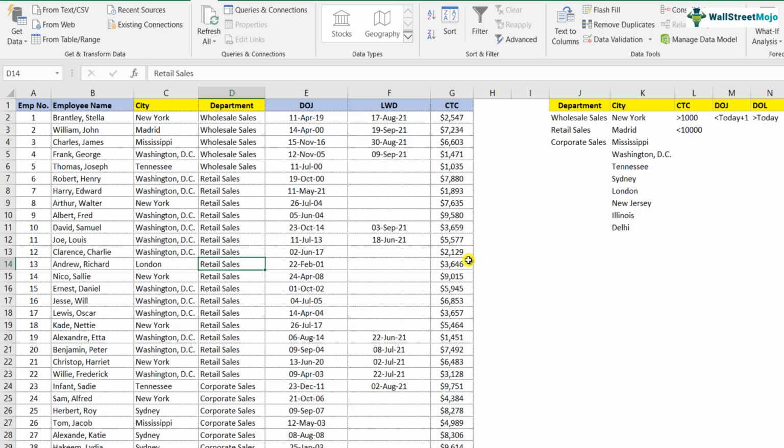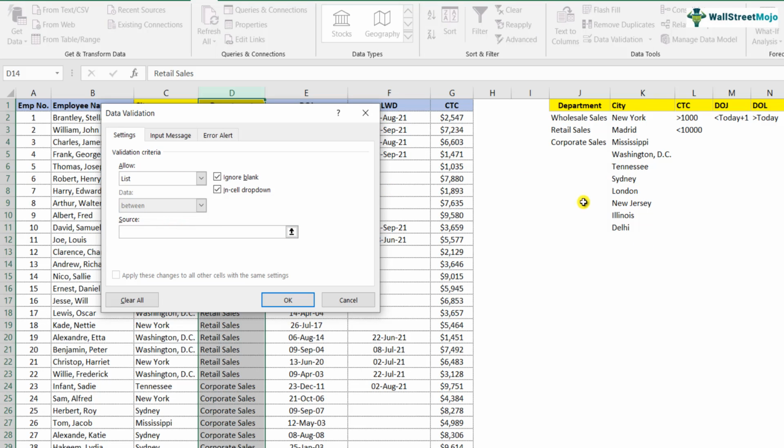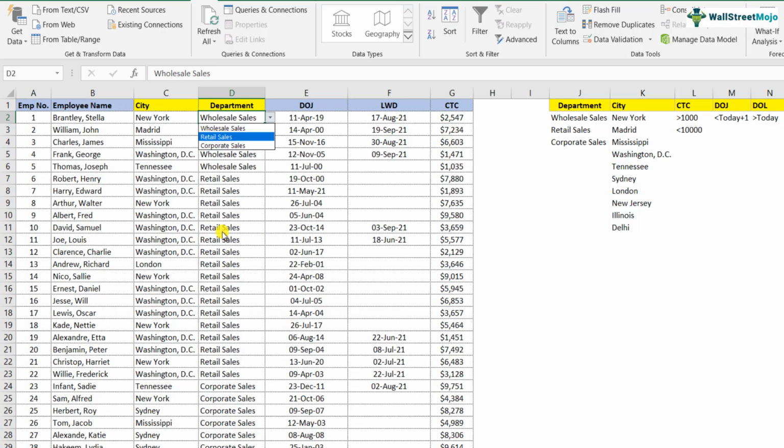Again, as this is very important, I'll show you one more example of this. I select the entire row. I go into data validation, again list. So here, obviously you can select the list or you can type it as well. So now I will type it. So wholesale sales, retail sales. Okay, just checking the spelling also. Data validation, corporate sales. Now you do an enter and you select what's there in the list. Anything that's beyond it obviously will come as an error, which you won't be able to select. So that is about text validation.